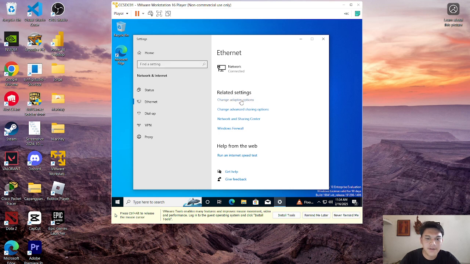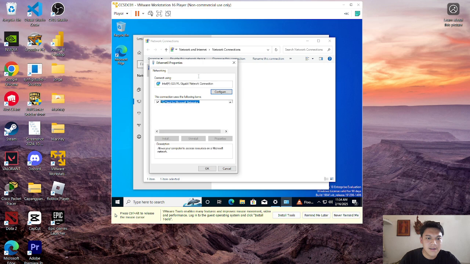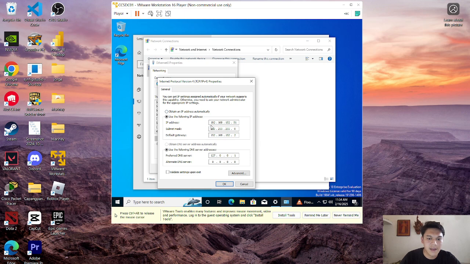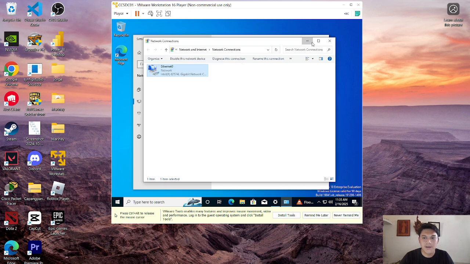Change adapter options so we can see the internet. Then I go to the properties, uncheck the Internet Protocol IPv6, then go to the properties of this. Then I assign the IP address 192.168.152.51, and the default gateway is also 192.168.152.2, same as the other one.